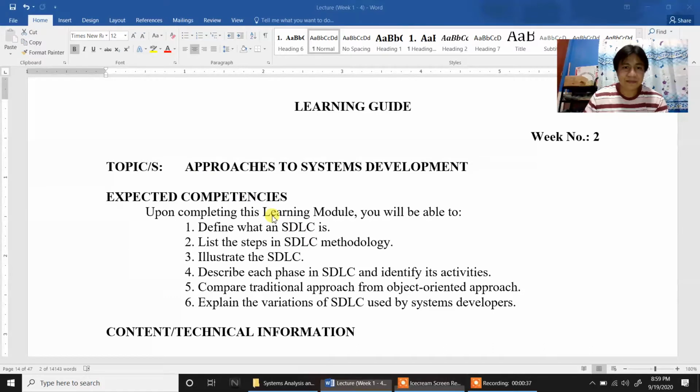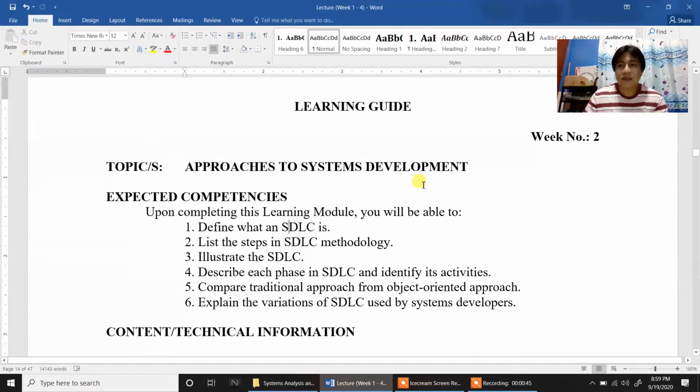So the next topic for our week 2 would be on the approaches to system development. In our previous lesson that I uploaded on YouTube, we discussed the role of the system analyst, and at the same time the introduction of what is system analysis and design, and also the different roles of the systems analyst, and the different types of system, the business system and the information system,